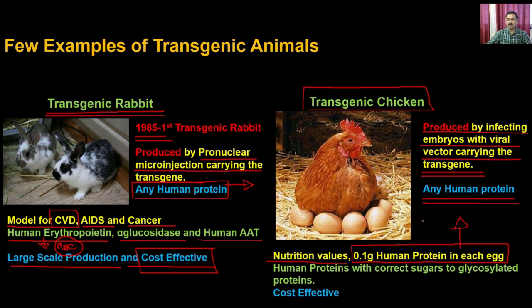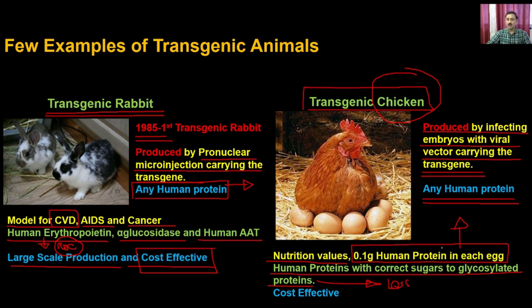which is going to be present in the transgenic animals. Human proteins have another advantage: when you overexpress the human protein, it is going to have a similar glycosylation pattern to what is present in humans, because the glycosylation machinery of the chicken and of humans are very close, and that's how the glycosylation pattern is going to be identical. That has a very significant role because it is going to be less immunogenic,